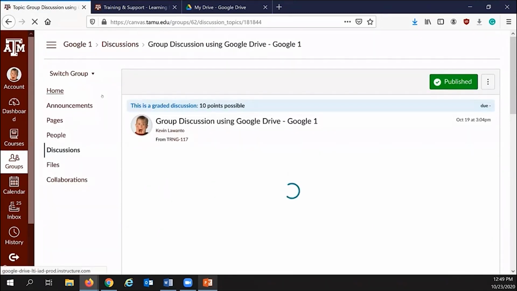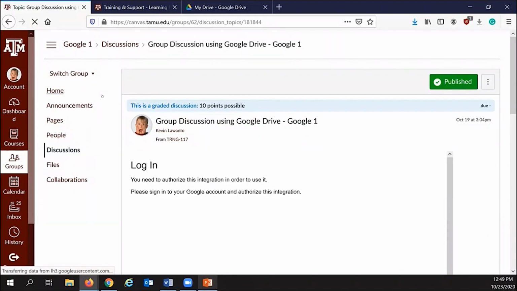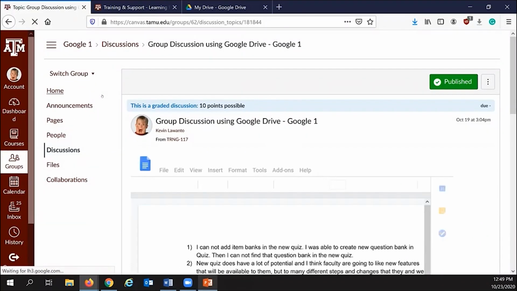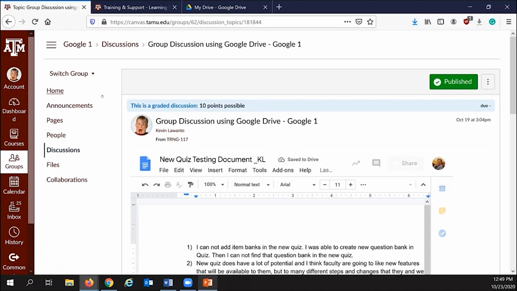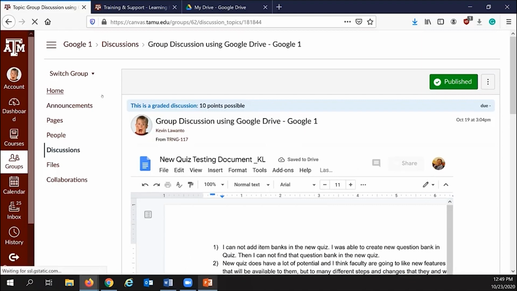So that really depends. If the faculty does not care who wants to be the owner of the Google Docs, they can let the students create their own Google Docs, right? One disclaimer is that if the student is the owner of the Google Docs, the faculty might not be able to judge who participates, like what kind of participation each student actually performs or shows